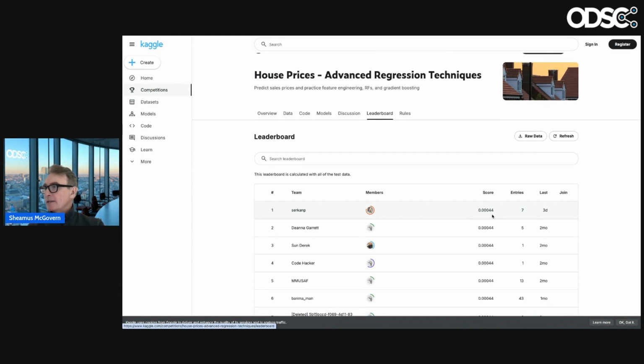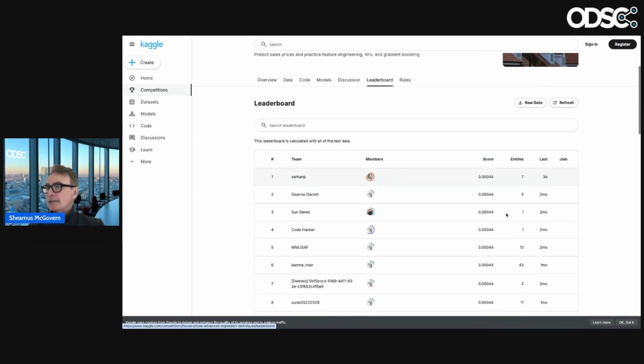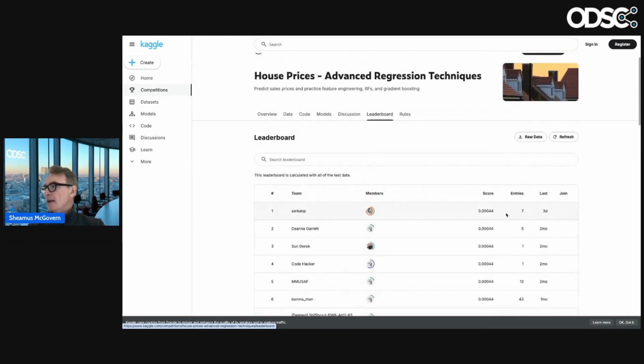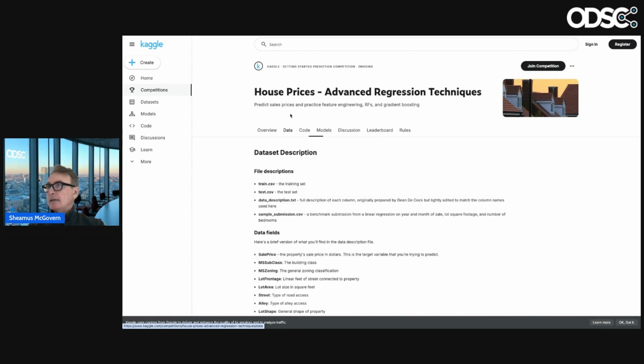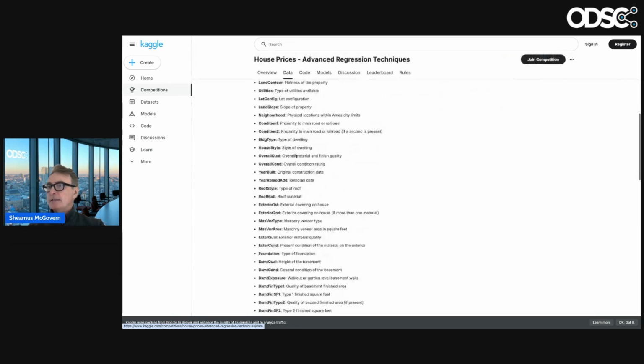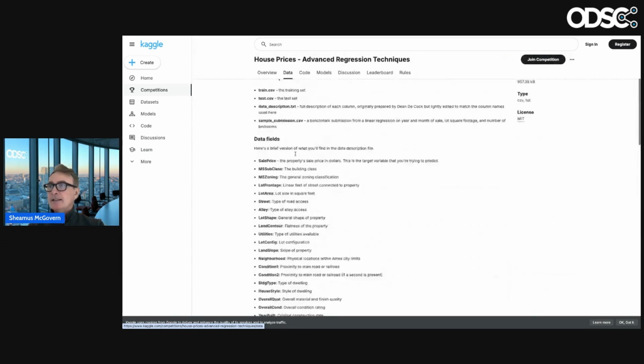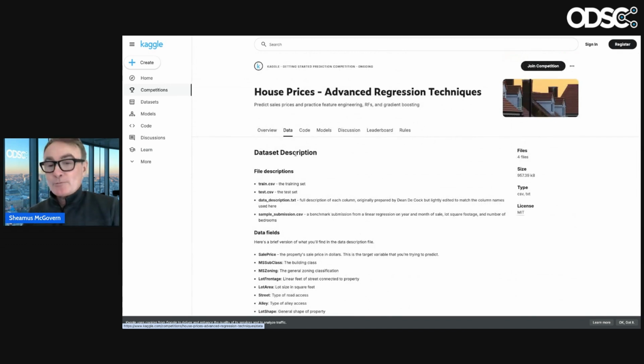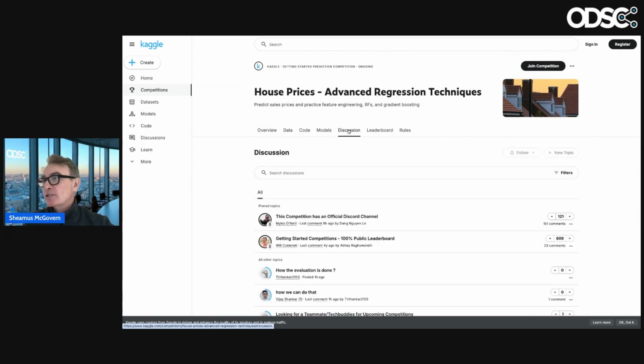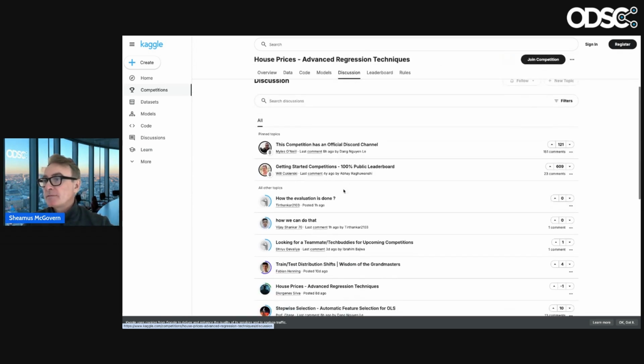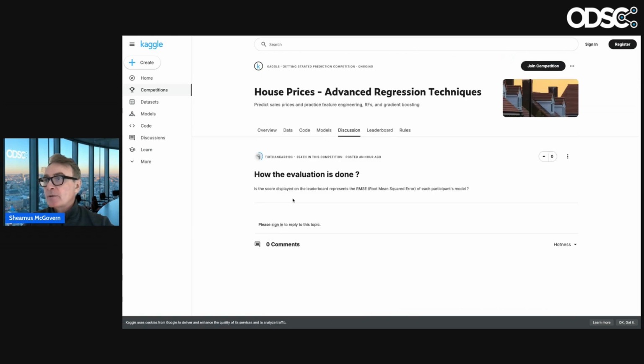You can see the score here, and you kind of have to understand Kaggle scoring, which I forget, to be honest. And let's see here, the data is our exact same training set. So now you can participate in this Kaggle competition if you want. Discussions are great. How's the evaluation done? You can read on that.